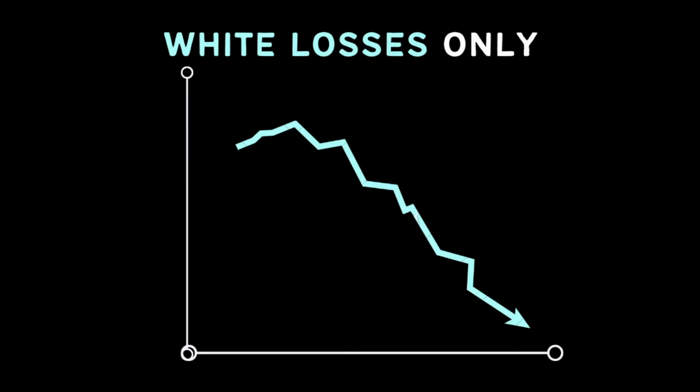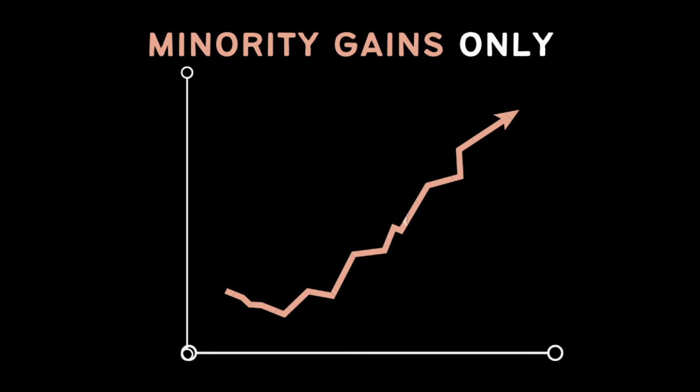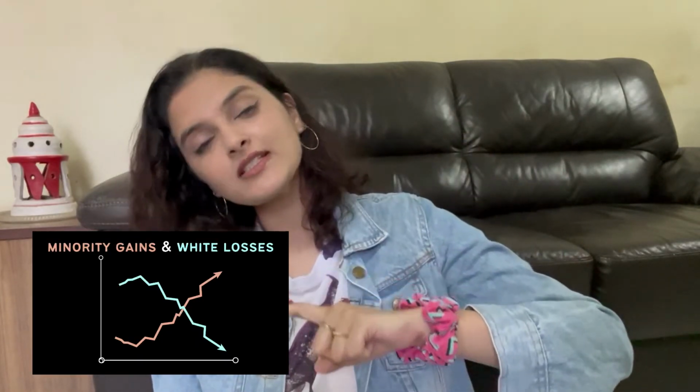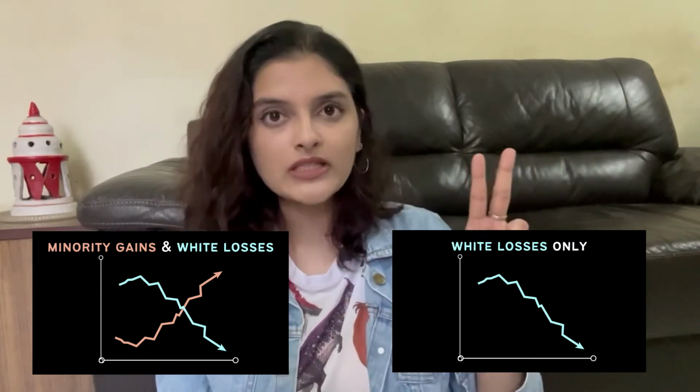Second was of white losses only. So the percentage of whites going down, that's all they had to draw. Third is minority gains only. So again the exact same percentage of minorities or non-whites increasing. The observation was that in the first, minority gains and white losses, and in white losses only, in these 2 circumstances, the white participants saw that racial relations were at a zero-sum outcome than the third condition, which was minority